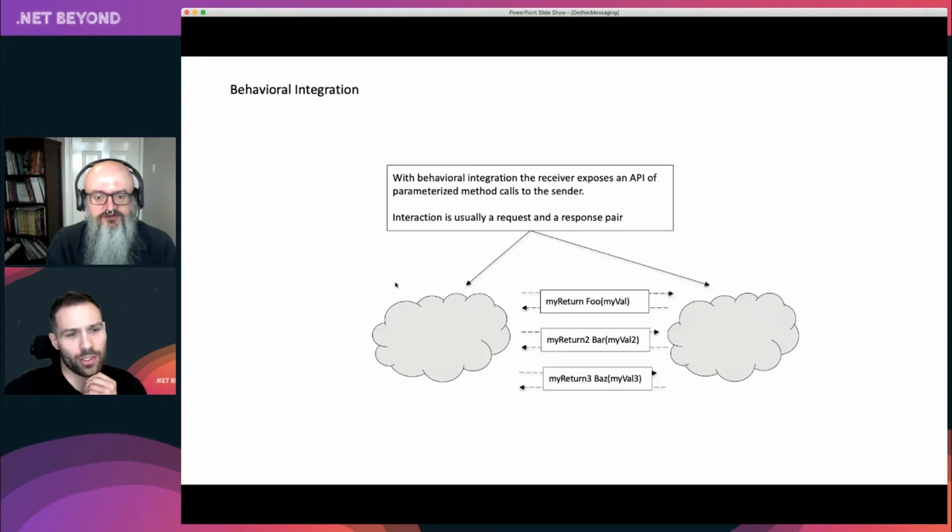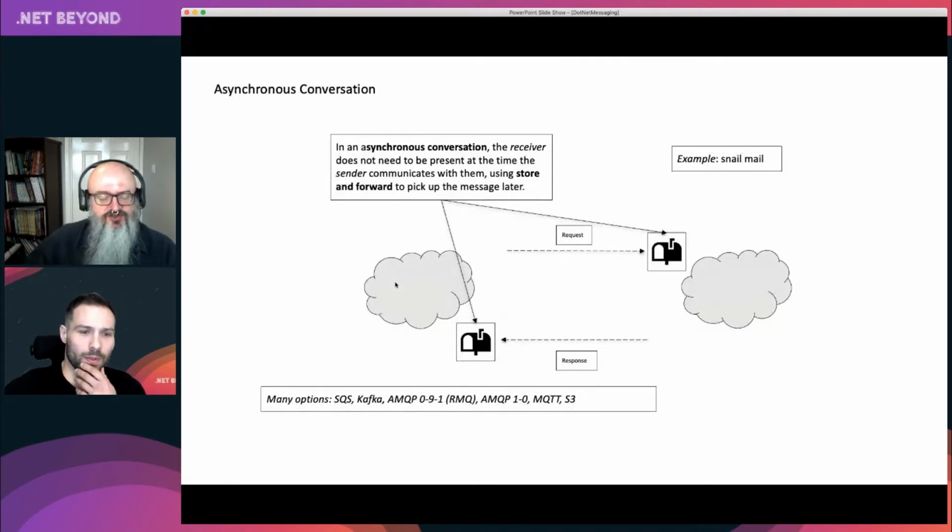Right? Would you also agree that as a sender, I don't even need to know where the receiver is? Like, I don't need to know what's the space in which they live. Right. So yeah, I mean, there are definitely ways in asynchronous conversations of doing this kind of pub sub model, which says, hey, actually, I'm going to send it to, say, the post office, and it's going to send it out to all the houses in a certain area for me. So I definitely get that kind of model as well with this. Yeah. And we'll talk a little bit about that later, how you can insert steps in between.